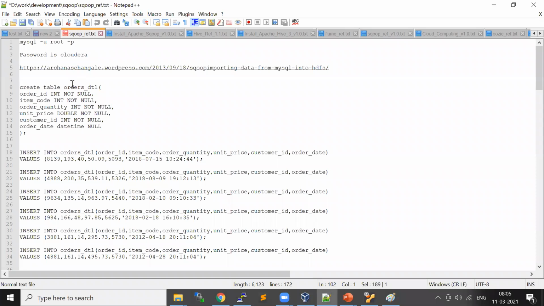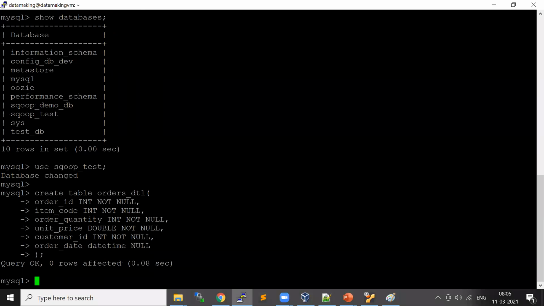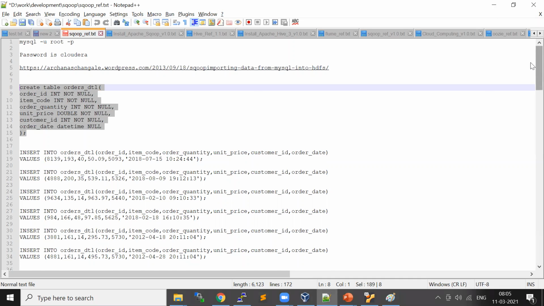Okay, I'll create this orders table, which is going to contain the order ID and order code, the item code on which the order is placed, the order quantity and unit price, customer ID, and order date. So it's a simple MySQL table I'm creating. Let me insert a few records into this.